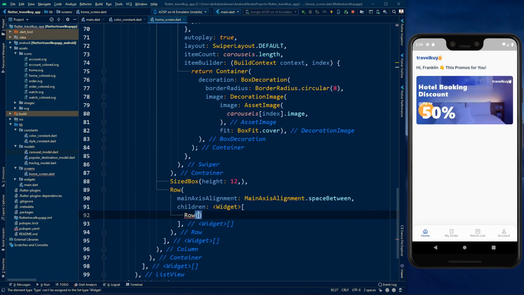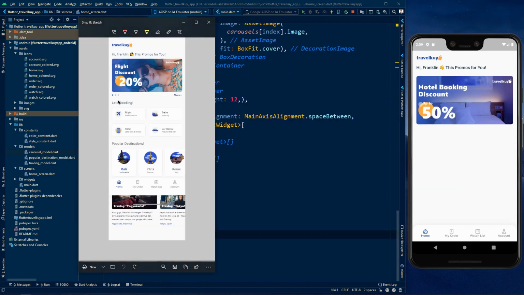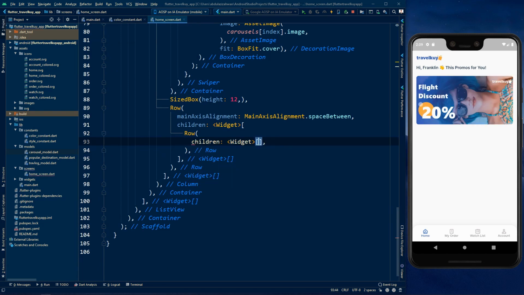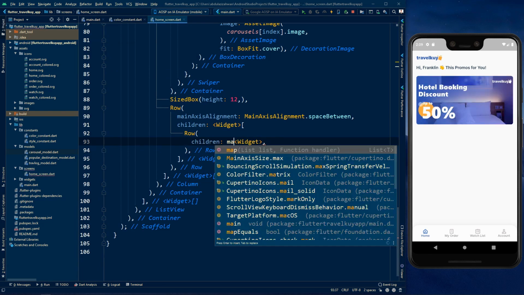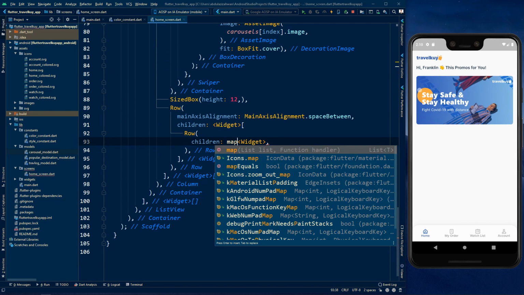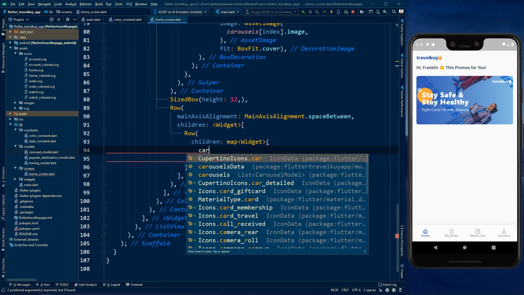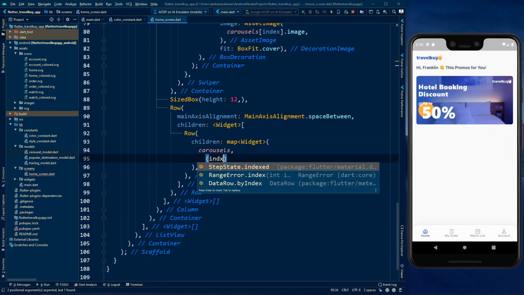Why we use a row? Let's see, because our indicator aligns horizontally. So inside our row, we can say again children, and we use our previous list, which is map widget, and inside that we can say carousels, and then index image,